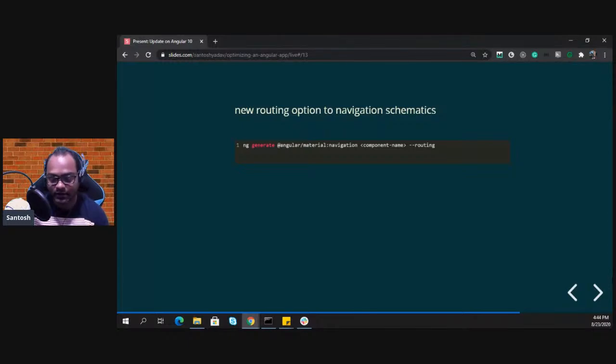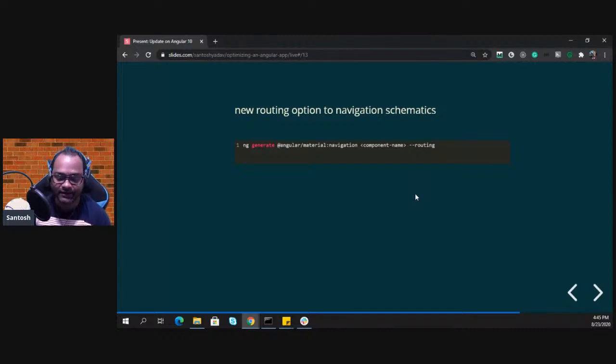So that's what I was talking about. This is slides.com, so I cannot actually, even if I increase the size, it will not make any impact. So I'll share the slides with you. You can go through it. So just bear with me for some time. I think otherwise I could have changed the font, but I'm sure it is pretty late now. And sorry for that. So now you can actually pass a --routing flag, and what this